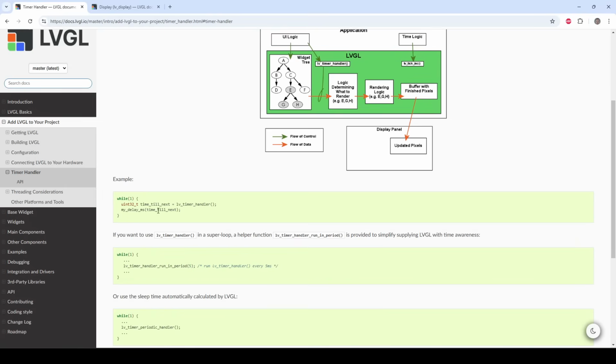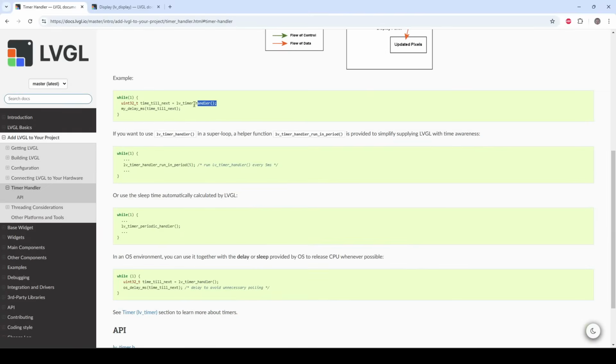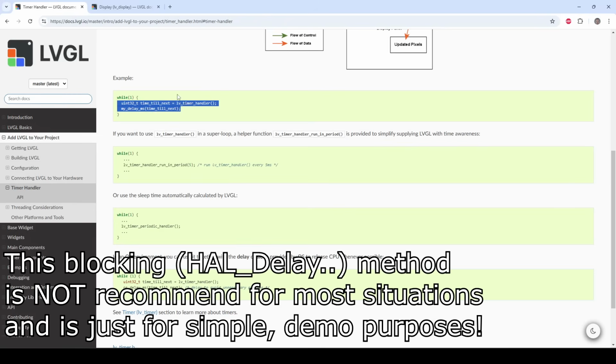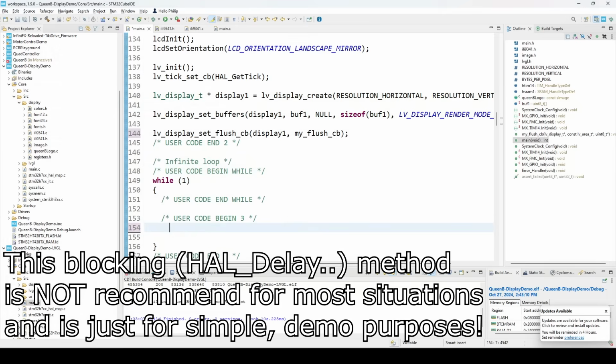Now, they also give a couple of examples where we can either simply call the timer handler, which returns a time to sleep for or wait for before we call the LV timer handler again. So we can then use, for example, the HAL delay function to wait that much time. There are also, of course, other options. So, for example, there's the LV timer handler run in period or periodic handler. We'll just go with the simplest, which we have here, which is simply we call the LV timer handler. That passes back the amount of time we have to wait before we call it again, and we sleep for that amount of time. So I'll put that in our main while loop and replace the myDelay with HAL delay